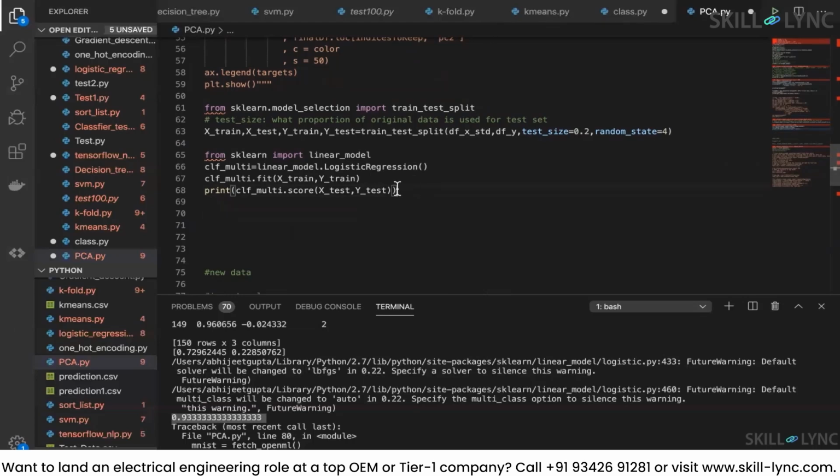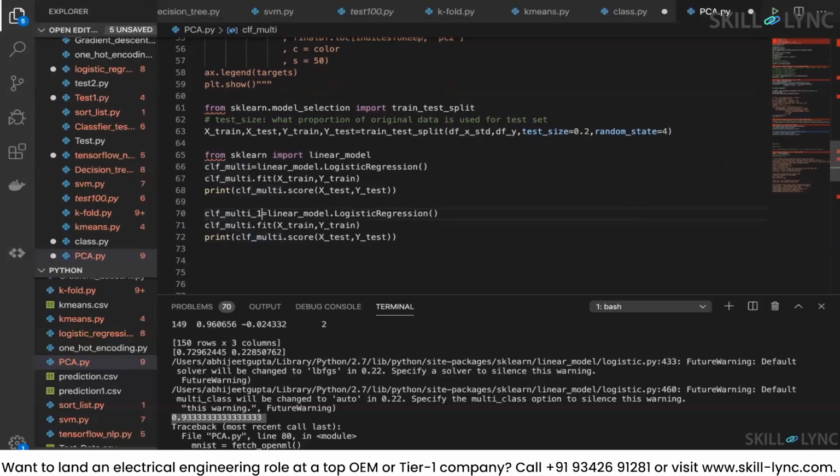Okay, now let's run the same thing. Let's change the variable name, say new variable PCA. Okay. And this time what we would do is, let's comment the previous syntaxes, otherwise this will throw error, because X train and Y train are using the same thing from the train test split, right? So we have to comment this, and here instead of X